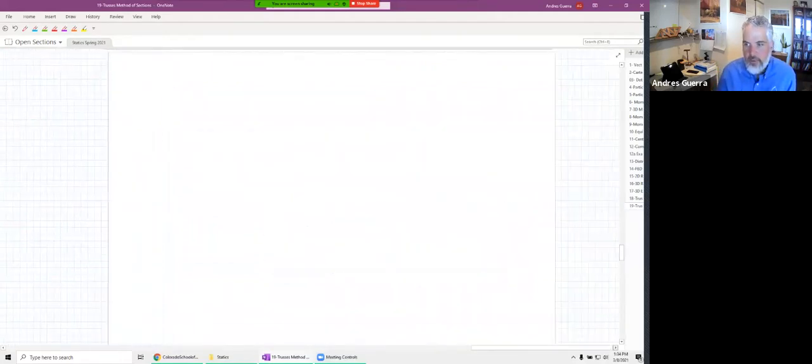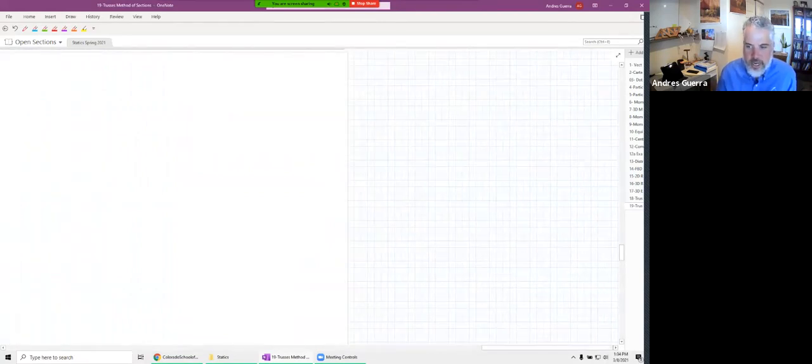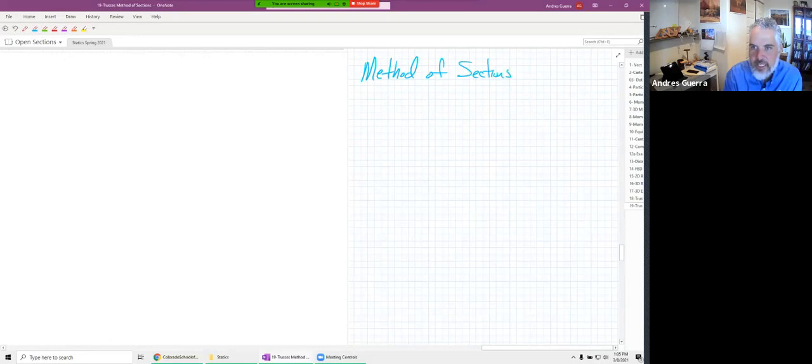Let's go ahead. We've done this yardstick truss now a bunch of times. I hope you're getting a little bit tired of this. We're almost done with it, but we're going to use it one more time so we can tie it back into what we've already seen. And so we have this physical representation of the example that we are doing. So method of sections is basically doing an FBD to either side